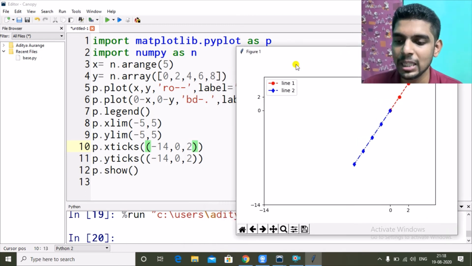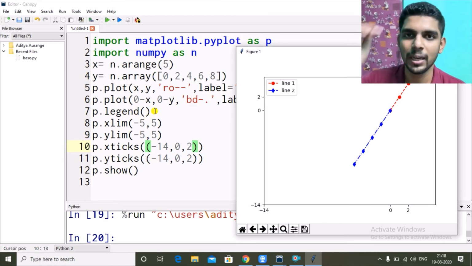Normally x limit and y limit will cut the graph, but here we saw that it executes in a sequential manner, from top to bottom. So x limit and y limit cut the graph because we gave fewer values. Then x-ticks and y-ticks, we are giving a starting value of -14, so it will include -14 and increase the graph size.